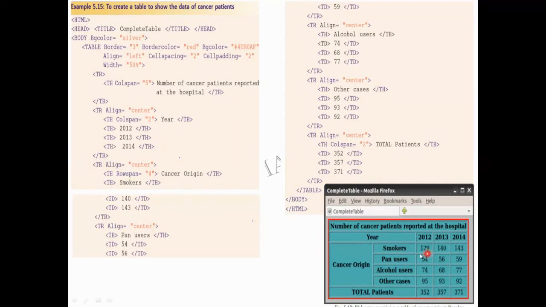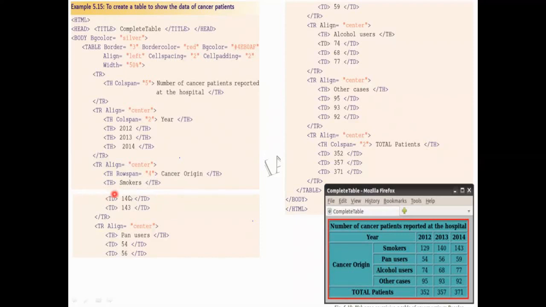Here one thing is left out. A particular data is left out, which is a mistake in the book. So kindly correct it. The data 129 is left out. 129 will come over here. Then 140, 143. Please correct it in your textbook. There was a mistake in the textbook, which is why a blank space is seen. Please correct that.